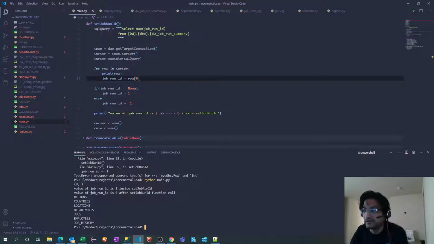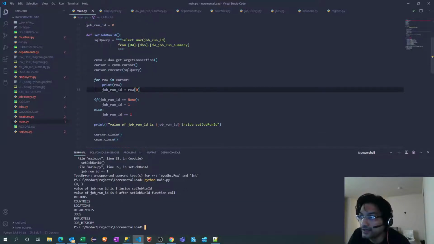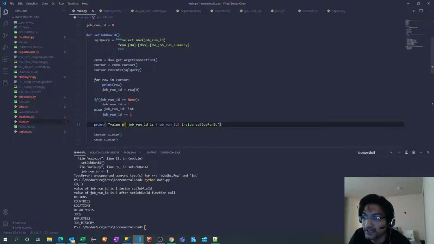Okay, let's check this value. This query ran and returned the value 0, and that 0 got assigned to job run ID. Since 0 is not equal to None, it definitely went into the else block and got incremented. So 0 plus 1 equals 1, and it printed 1.